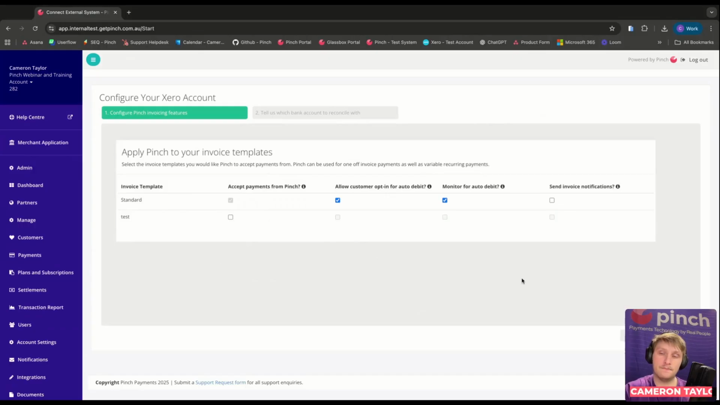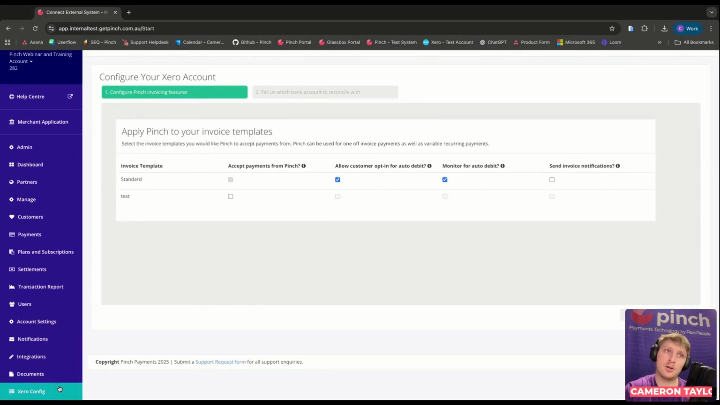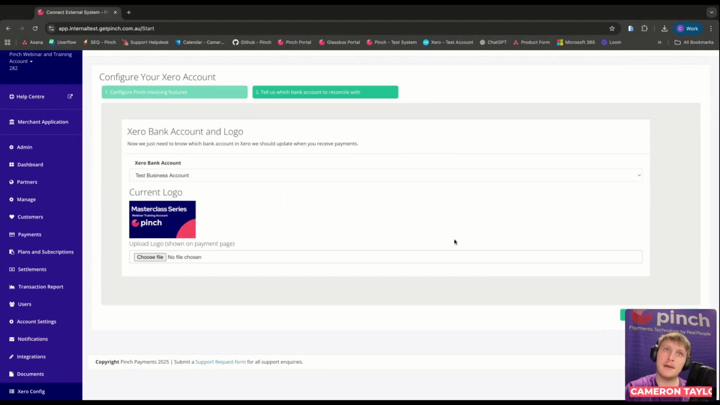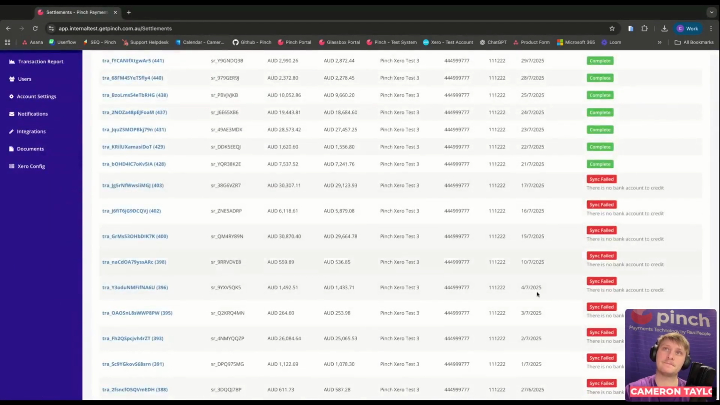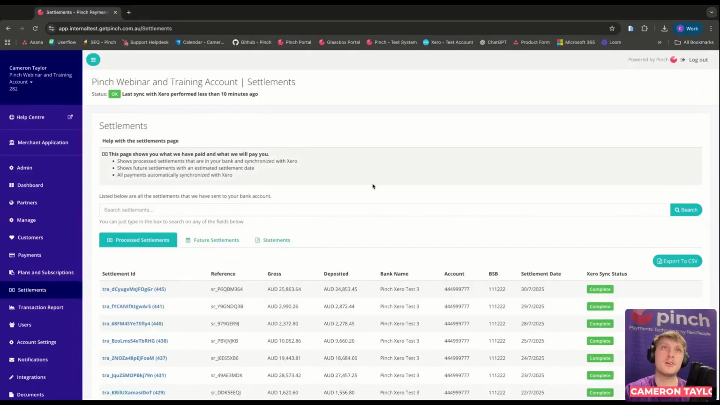It's important to note, if you disconnect and reconnect your accounting software, please always head back to the Xero config section, head to the second page, and make sure that the bank account that we are reconciling your funds against matches the bank account that we're actually dispersing you to, and hit save. Sometimes this can reset itself if you have multiple different accounts, and your settlements will be broken, much like what you can see down here, red lines. So that's everything that you need to know about navigating